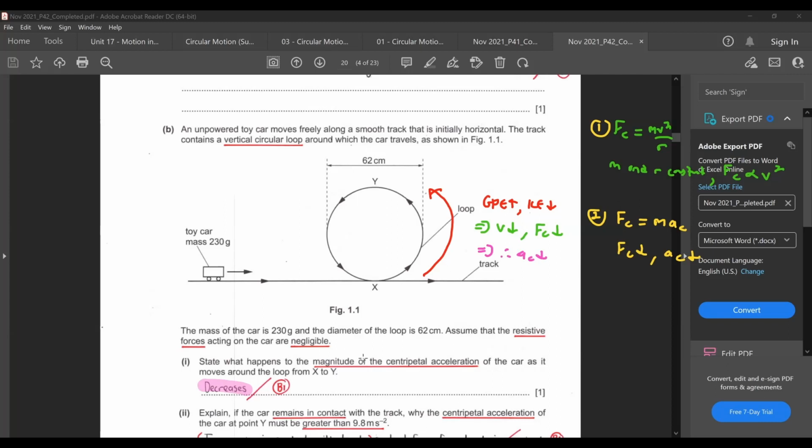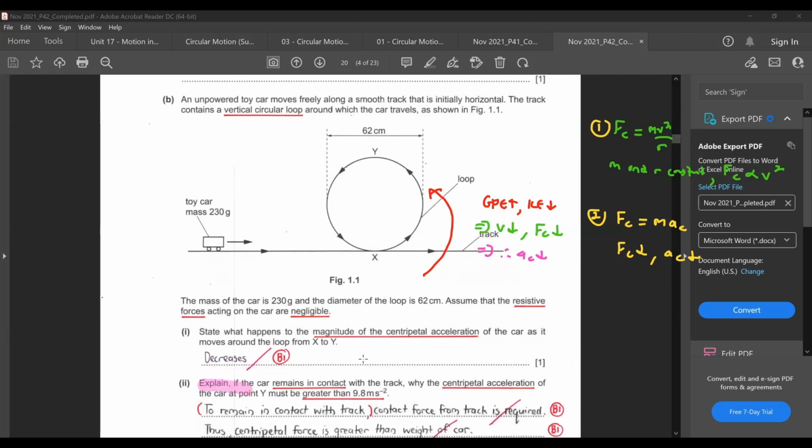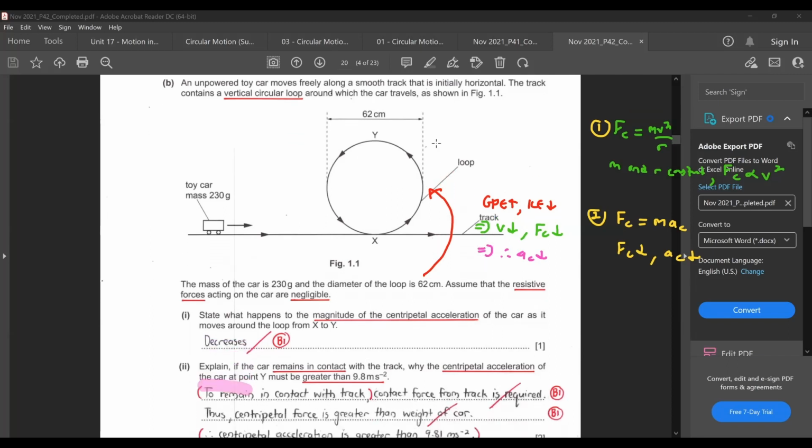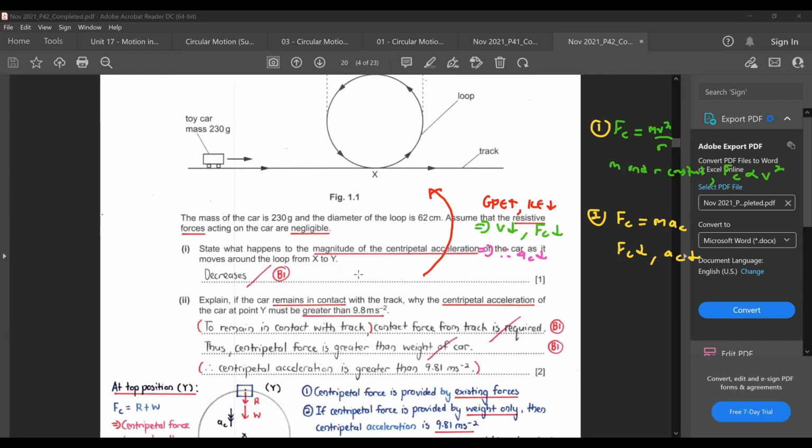All right. Okay, so if this one is okay, then I'll move on to the next part, which is at the bottom here. Now, the next part they ask you,